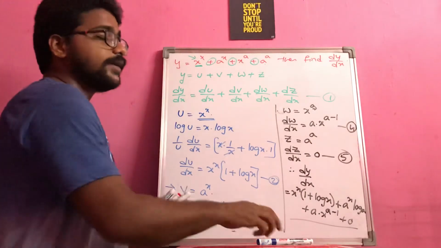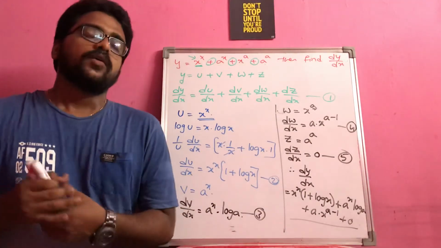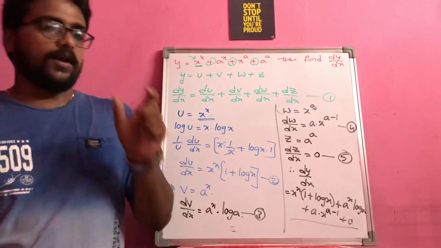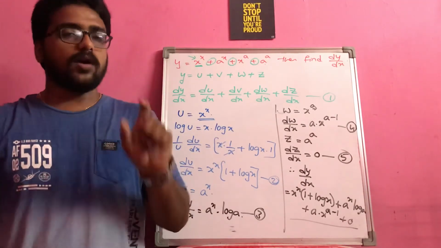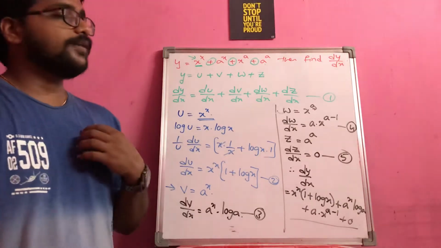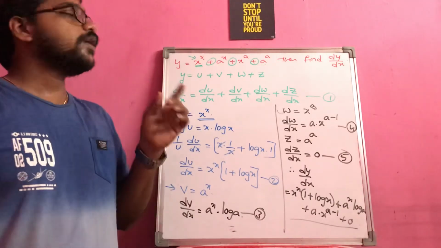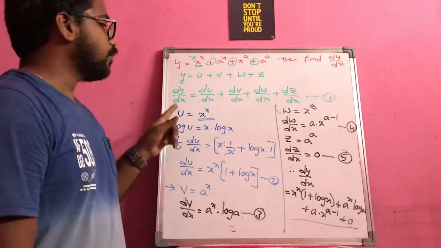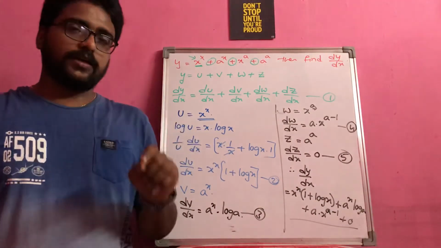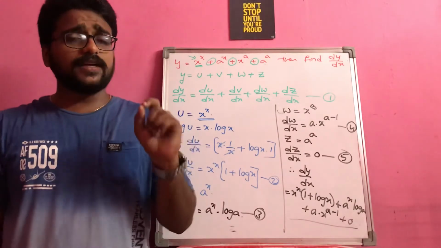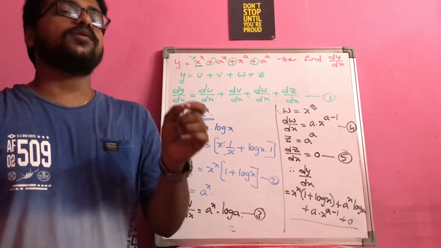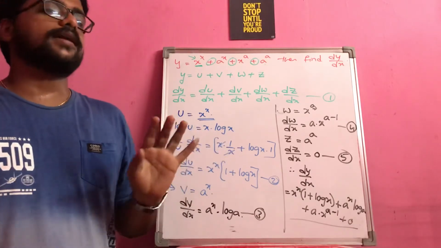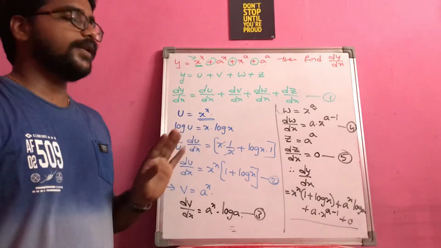So the point that I want to stress here is, in a particular given question, maybe we have one function for which you have to apply the logarithm. It doesn't mean that for every function you have to apply the logarithm to get the simplified answer. It's all about whether it is a function power function or not. If it is a function power function, then only apply the logarithm. Otherwise, for the remaining part of the question you can get the answer directly without any problem.